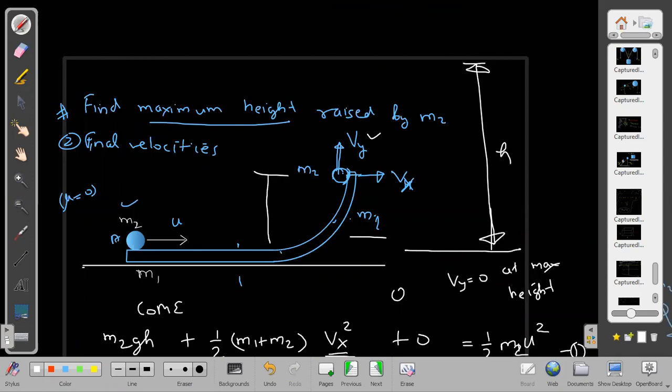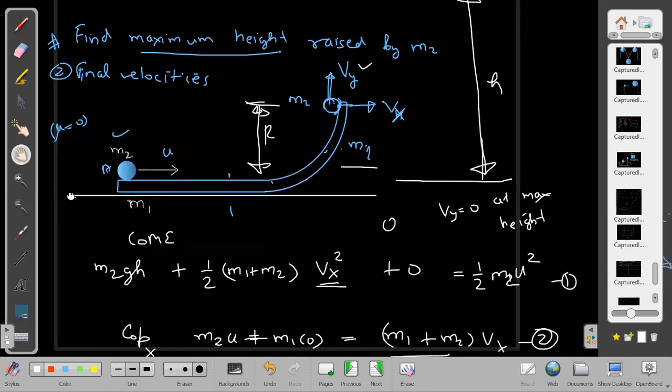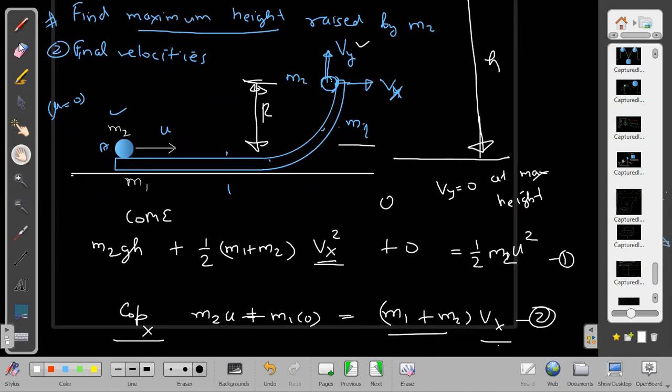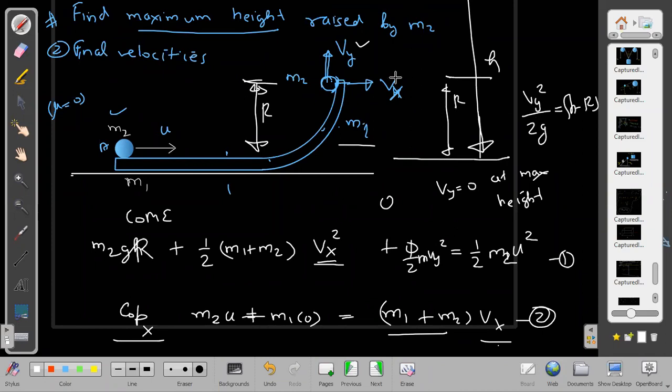If I want to write up to this, then I will take just r. Why should I take maximum h? I will take the radius r only. Then we need to consider Vy also. I will write like this, then I will change this term into half of m Vy square. Then I will get Vy in terms of R from here, and after that I can also get the height again. How to get height again from Vy? Vy square by 2g is equal to h minus r. Already it is r below, so it is projected upwards from here, simply.